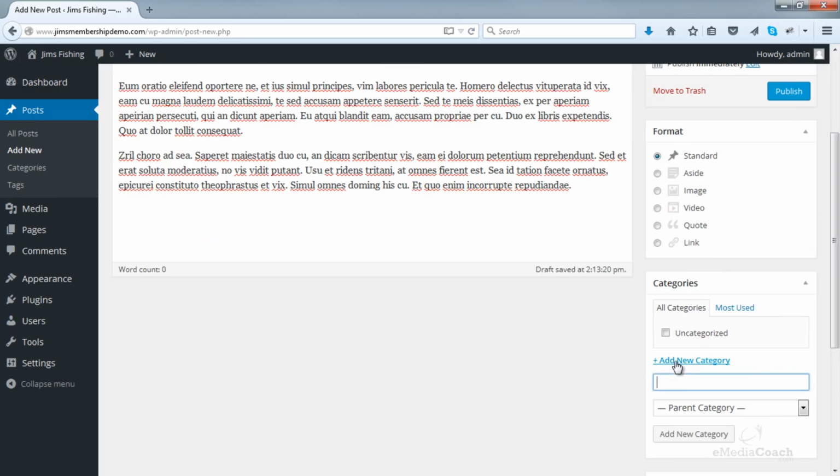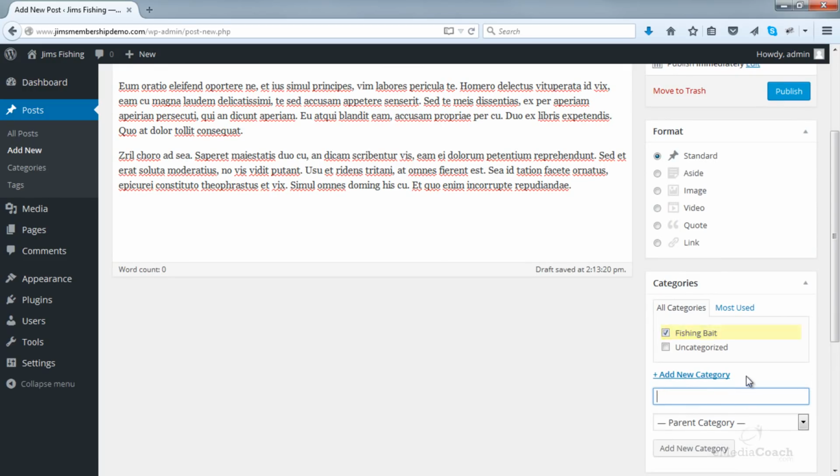So say for this one, you add a category called, in our case, say bait, fishing bait. We can add that category and we can save this post within this category.